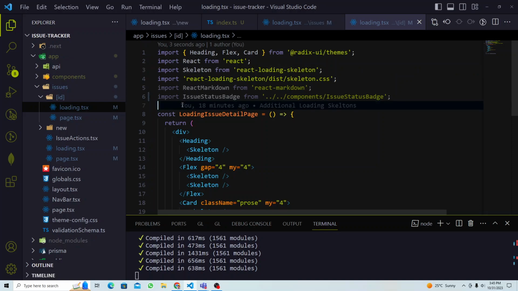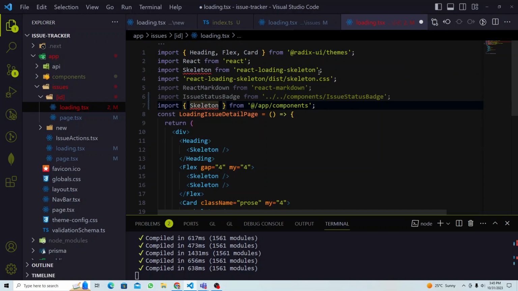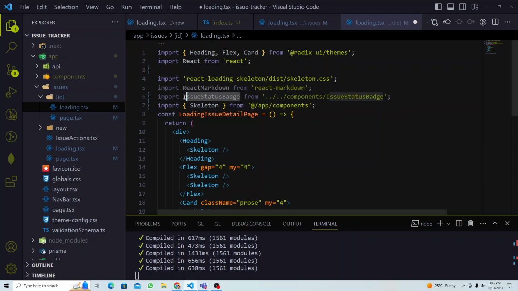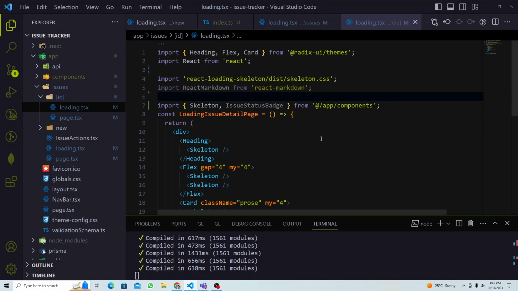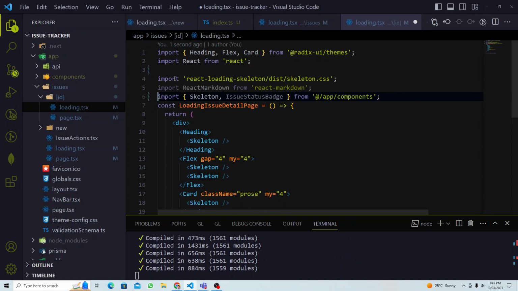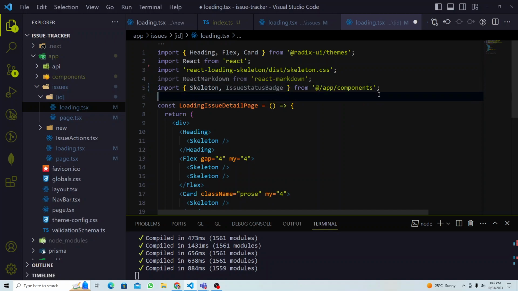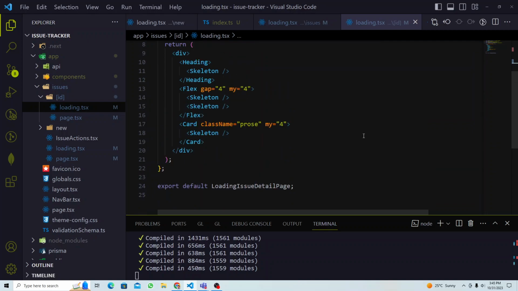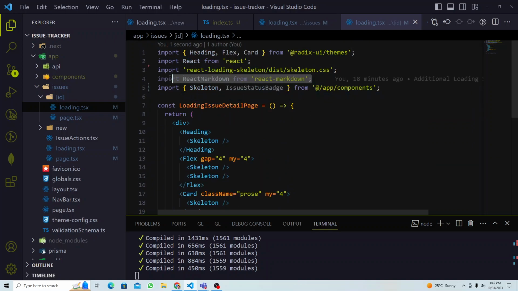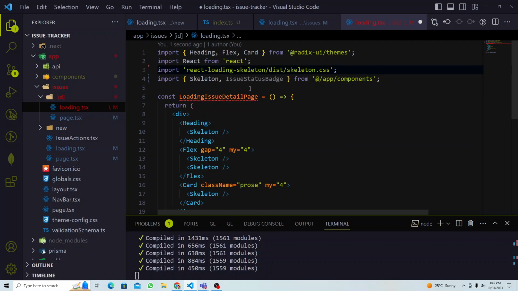So yeah, so let's import, and here delete that, and we can add this issue status badge in the same file, right? And we delete this one, we don't need anymore, and done, right? So that should be okay. All right, guys, so that is done. What else? Where else we gonna fix? So React Markdown we are not using, so something not using we can remove, right? Somewhere, if you find out